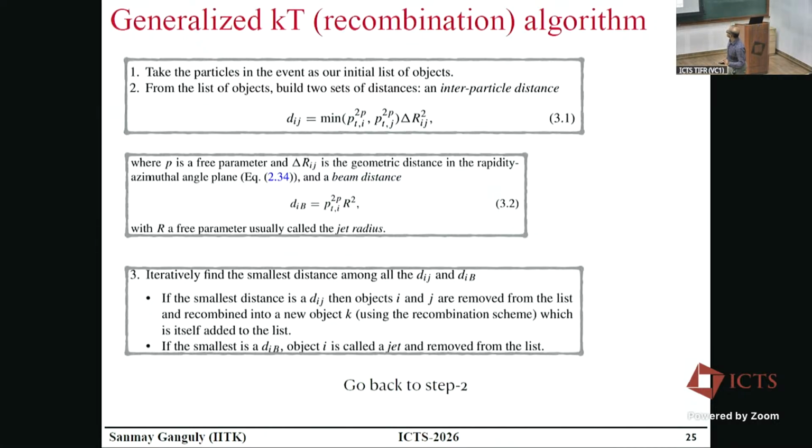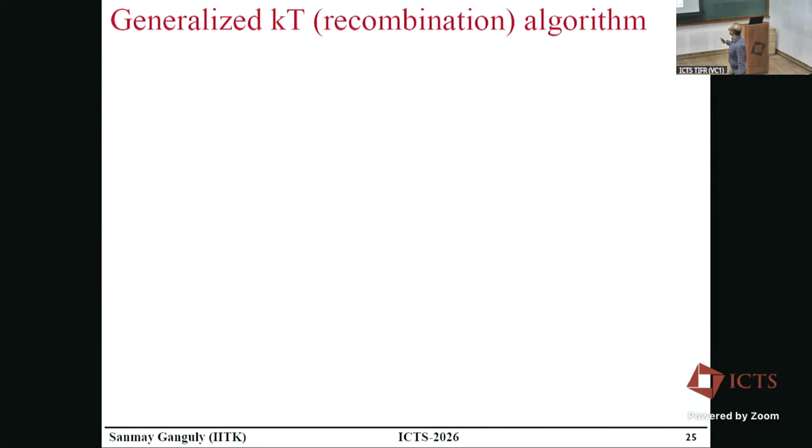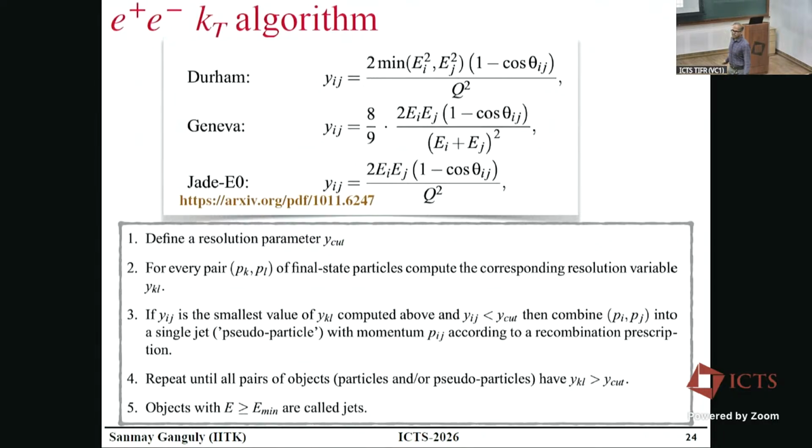Right. So there you saw that already the square was coming. Now, why in colliders is PT used instead of energy? This is a fun question. Can anyone answer? Why are eta and PT more popular variables in collider kinematics compared to theta and E? Everything has a direction. Boost invariance in the longitudinal direction.